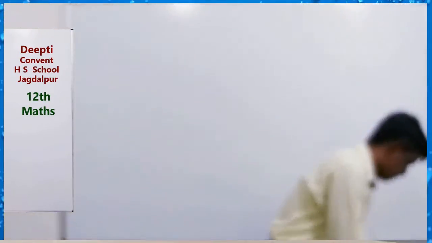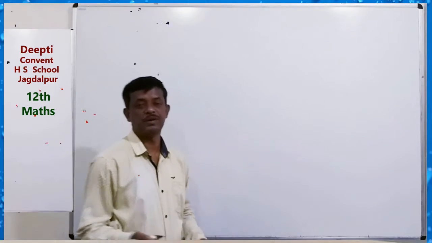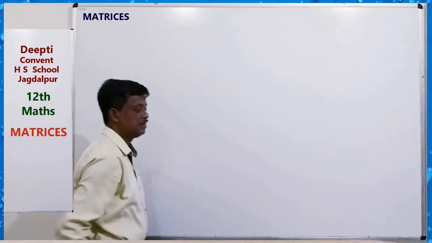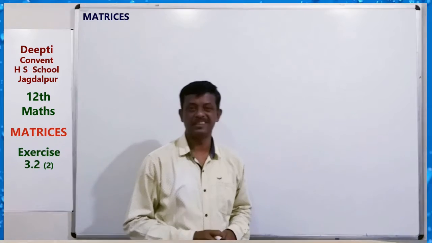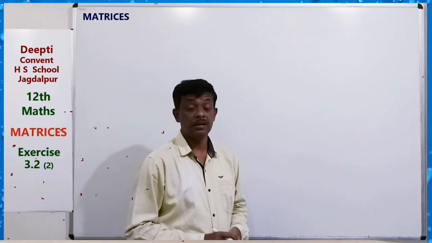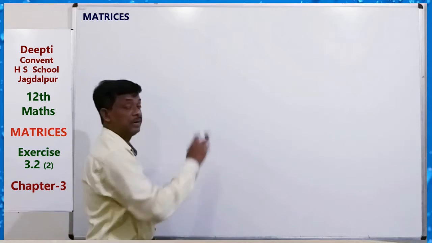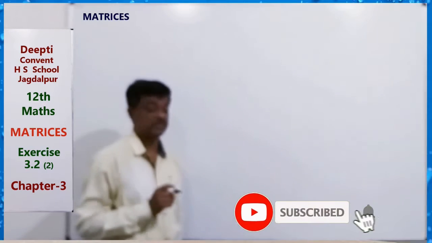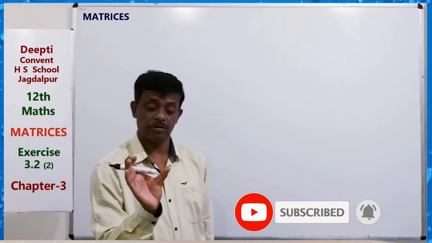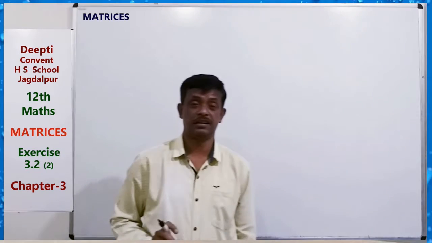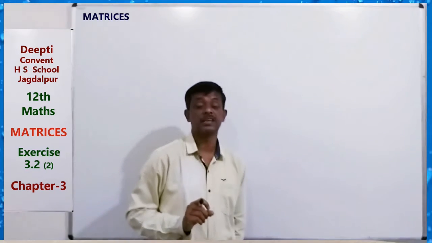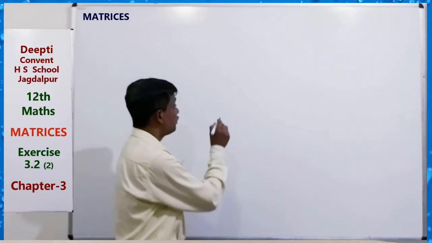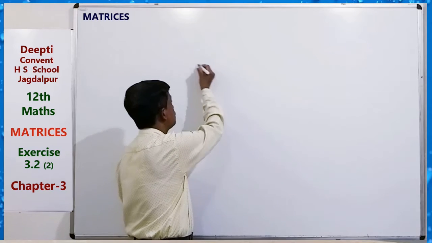Hello dear students, today I will continue the chapter matrix, here matrix multiplication. Just in the previous class we have seen the multiplication of a matrix by a scalar, addition of matrices, and subtraction of matrices. Here multiplication of matrices is a very important topic. For multiplication of matrices, we know that two matrices can be added or subtracted if their orders are the same. So here, for multiplying two matrices,